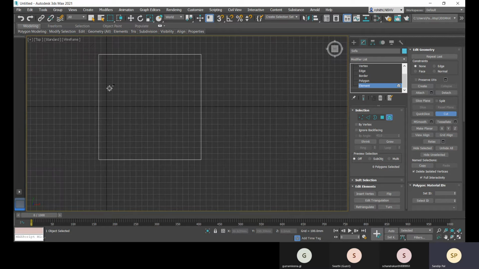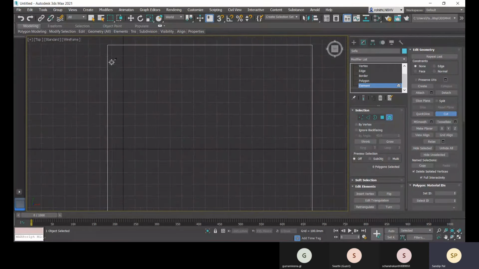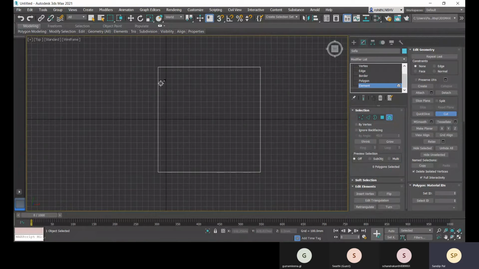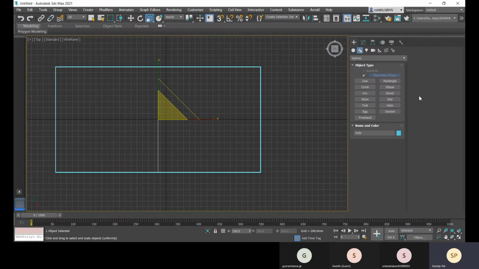so you can go to top view, and from top view you can start placing it. And suppose you have any line, for that you can create some lines also. You can create some lines. So let me show you how you can create lines.